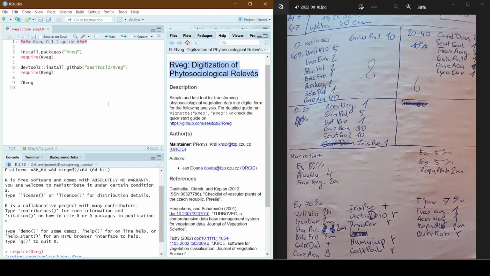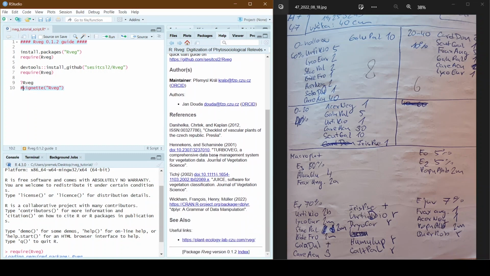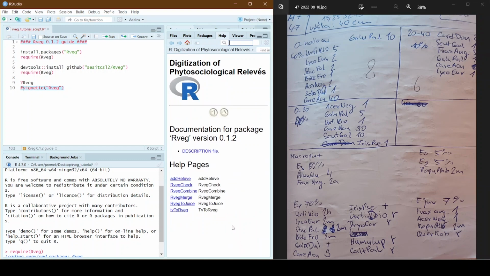Another option is to run this function and we will get a PDF manual, where you can read some details about the package. And when we look here, we see that the package has 6 functions.